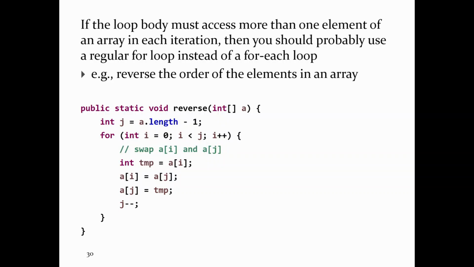Okay, here's another example. The loop wants to access more than one element of the array in the same iteration. Right? So to reverse the elements, if you have an array or a list and you want to reverse the elements, the idea is you want to start with the first element and the last element of the array and switch them, right? So you want to swap their positions. You then want to take the second element and the second last element of the array and swap their positions, right? And so on and so on until you've swapped all of the elements in the array,